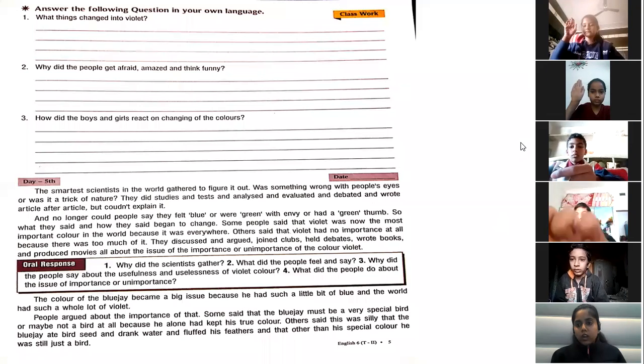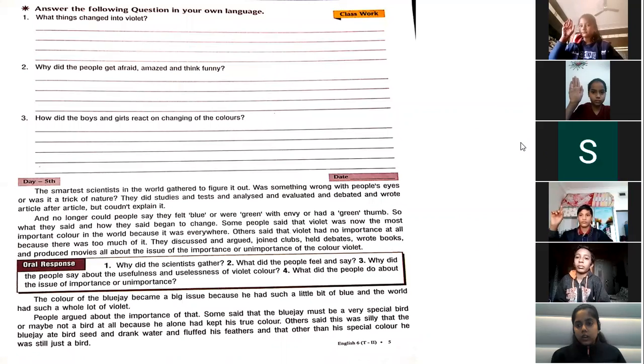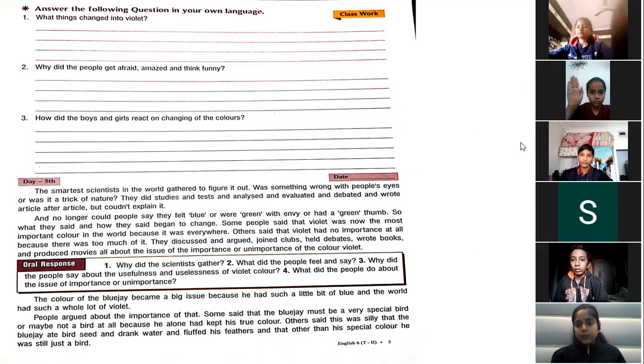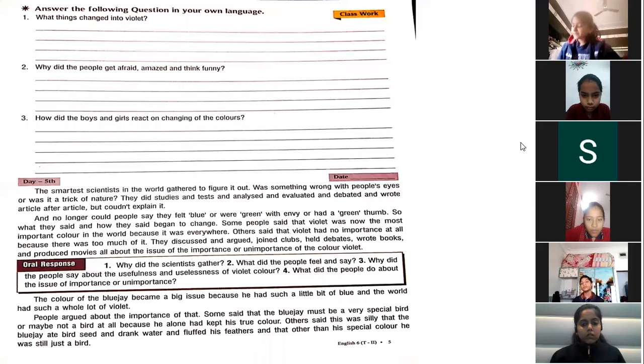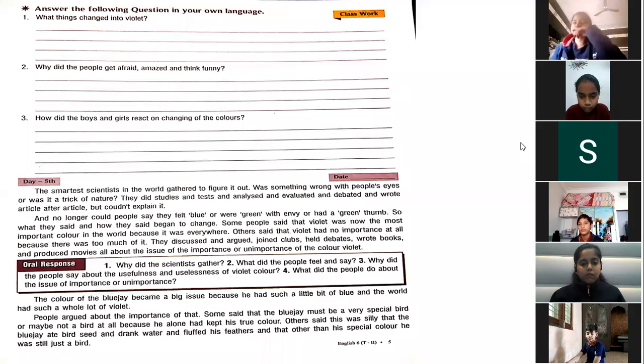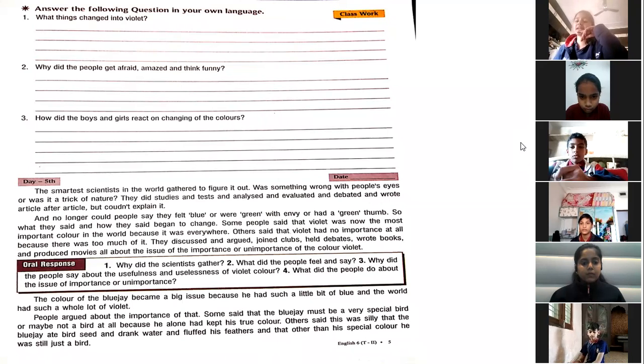Okay, Anusha Jain is raising a hand. Anusha, I'm unmuting you. Ma'am, some people said that violet is the most important color, and some people said that